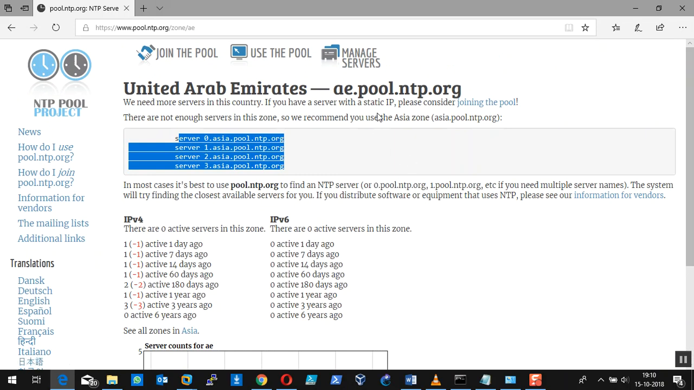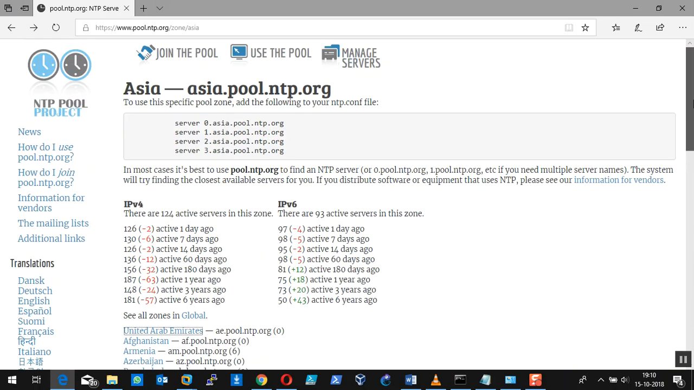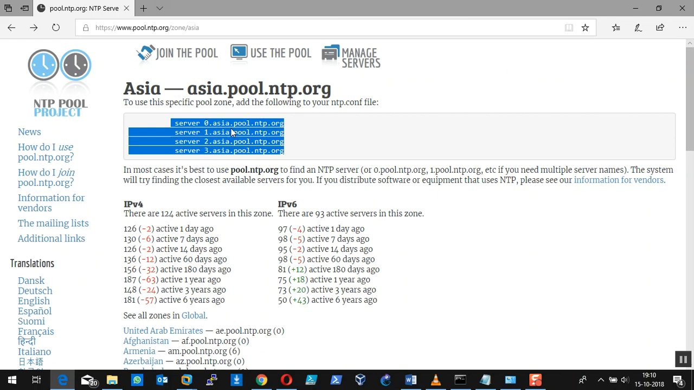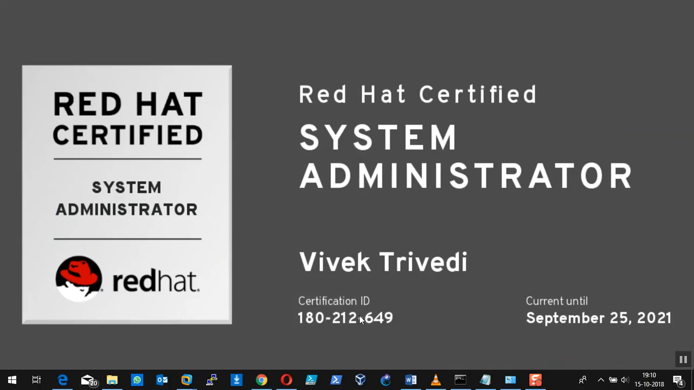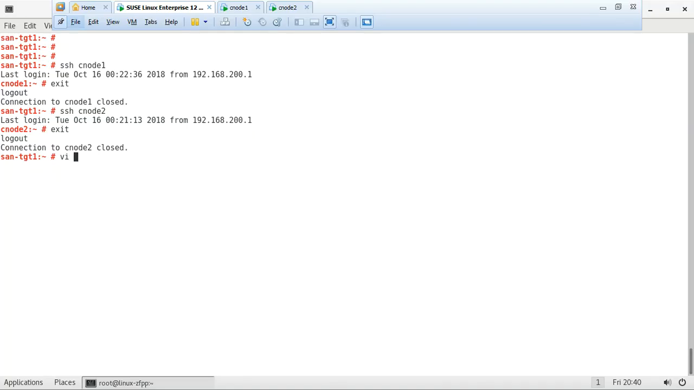Okay, so here a.pool.ntp.org, that we can use, but I'll be just using the servers which are specific to these 4 servers 0, 1, 2, 3 with my 0.asia.pool.ntp.org. So similar is the configuration we are doing in here, and here on my machine I just said vi